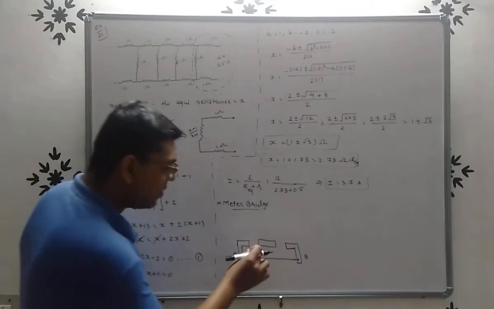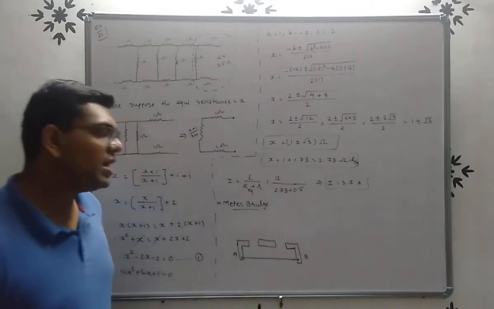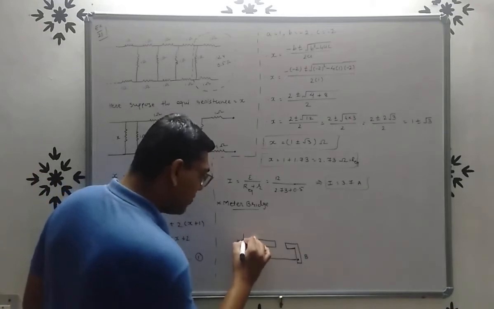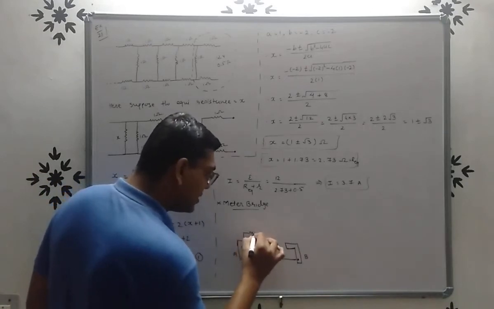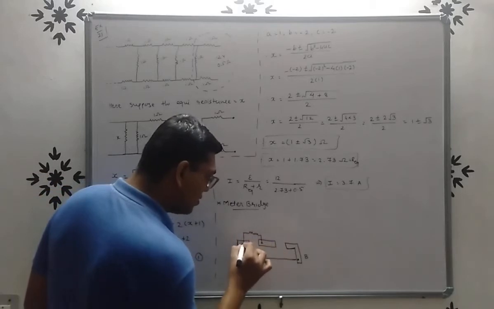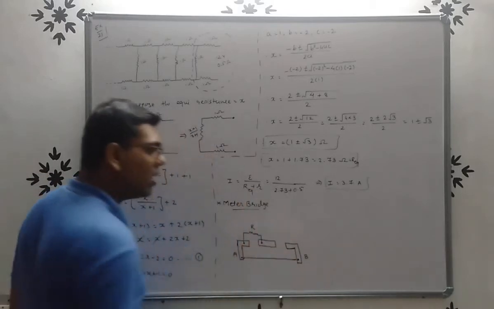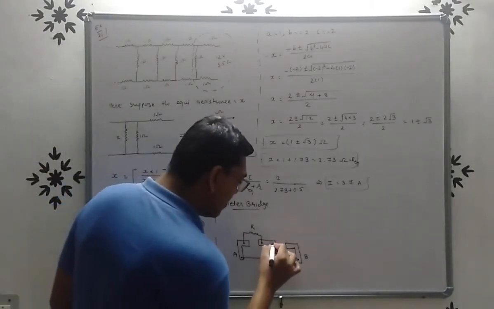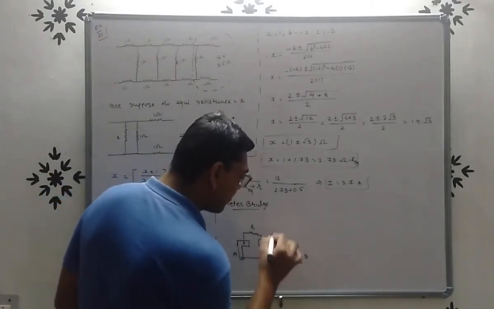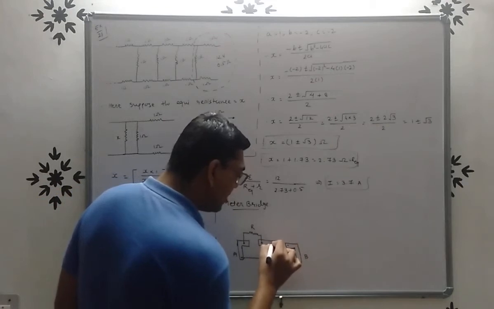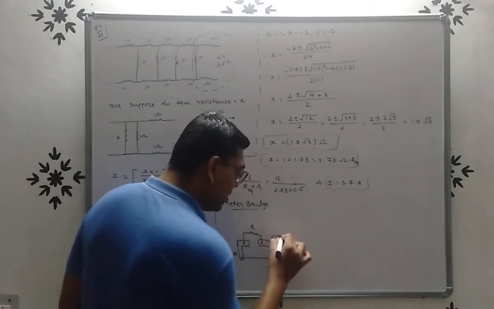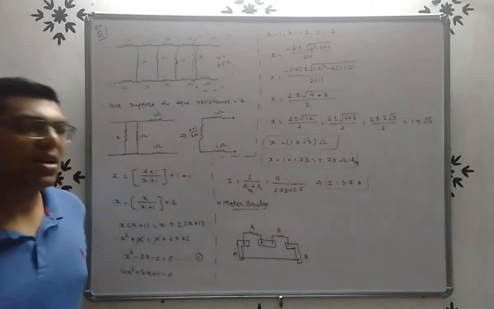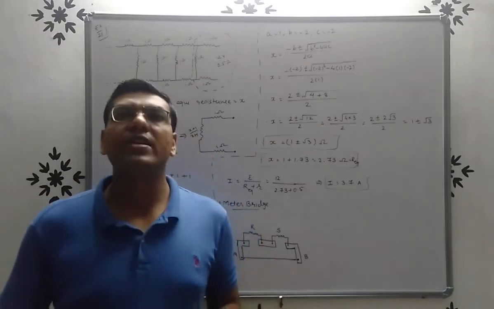Now here, between the gap of these plates, we connect one unknown resistance, that is R. So here this is the unknown resistor R, and here between this gap, or we can say between these 2 points, we connected the resistor box, right, in which we set the